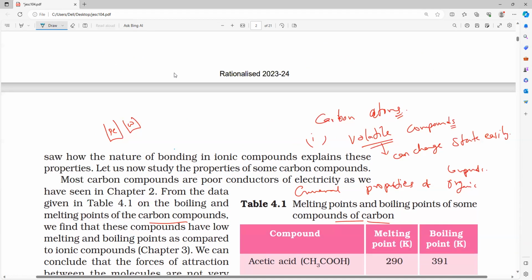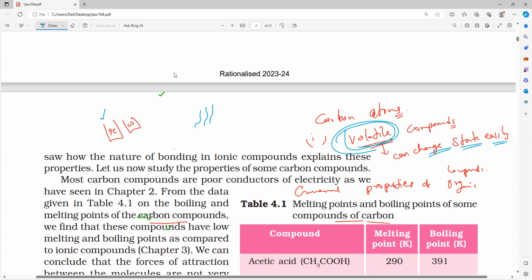Can you hear me? All of you? So which will evaporate easily? Petrol will easily change its state. Am I right? Even when we are filling our tank, you can see the fumes forming. It easily converts into a gaseous state. Am I right or wrong? So volatile substances, remember, are those which can change their physical state very easily with a small change in temperature. They are called volatile substances.